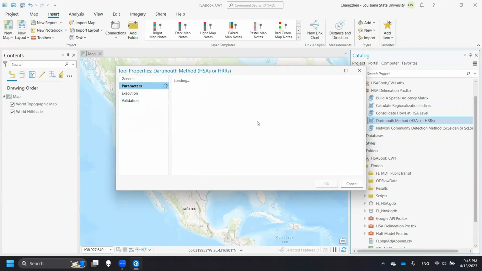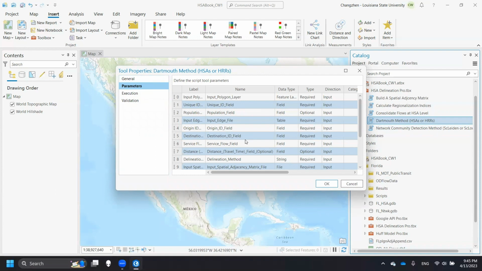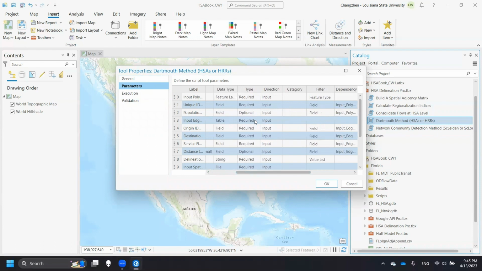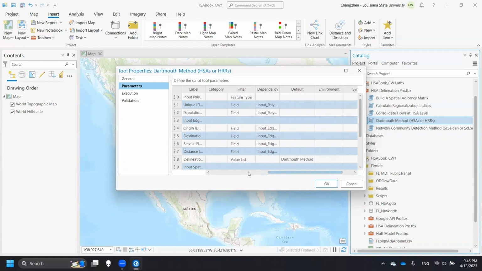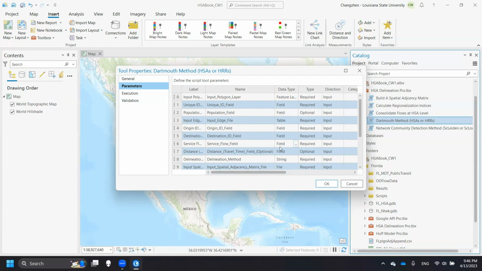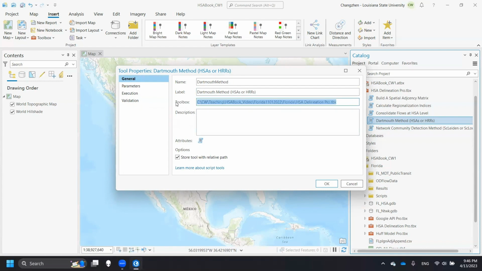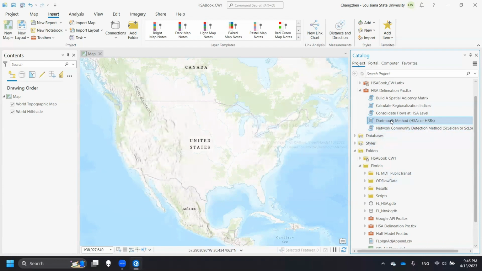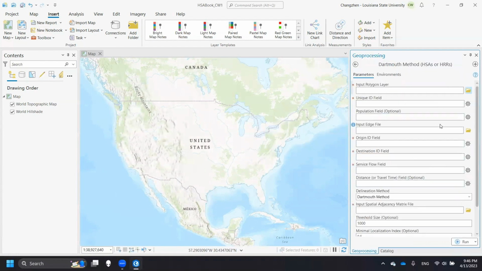And parameters, just some parameters to define the tool label, name, data type, and also type. You see some types are just required, which means you need to input the values for the parameters, and also direction, category, filter, dependency. So if you are not familiar with this part, don't worry. You don't need to go into this tool properties. You just need to ensure your path is correct. Okay. So we can click OK here, and then we double click Dartmouth method, and then we can enter this